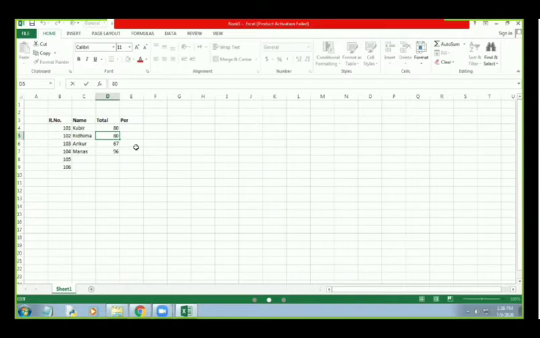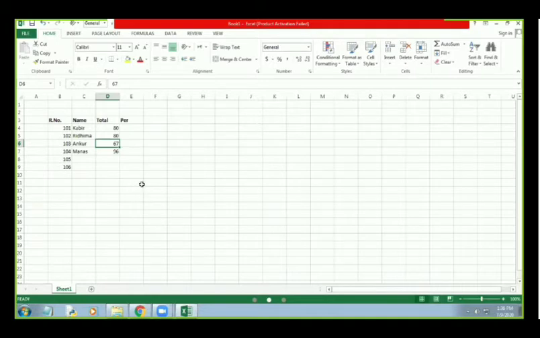In this way we can use the backspace key, or we can press the delete key to delete the contents and change to the new contents. So this is the method of how to change cell contents. Now after pressing the enter key we can move to the next cell.